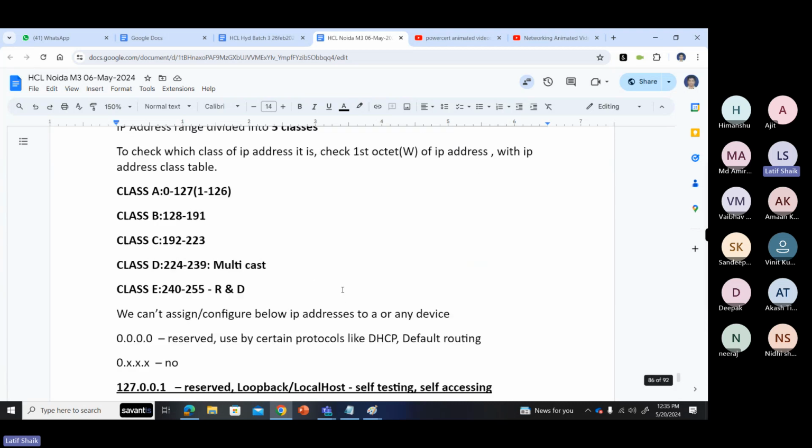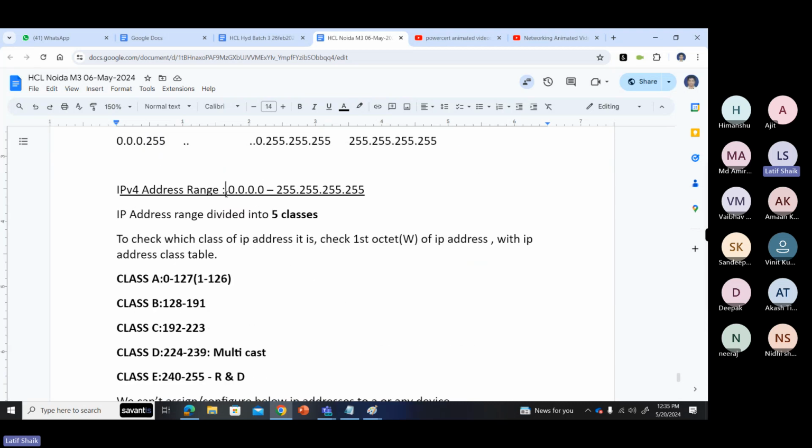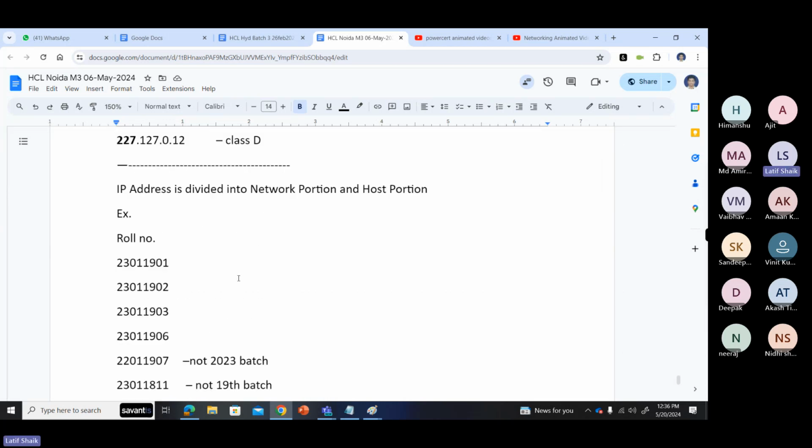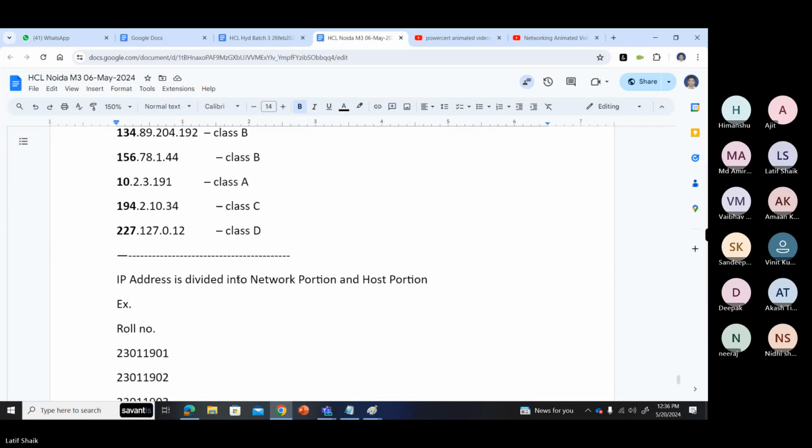Out of this entire range, again, 0.0.0.0 we cannot assign to any device. And the same for 127.0.0.1, we cannot assign to any device. The entire 0 series and entire 127 series, we cannot assign to any devices. Of course, we cannot use D and E also. So we are assigning IP addresses from Class A, Class B, and Class C ranges. And these IP addresses are divided into